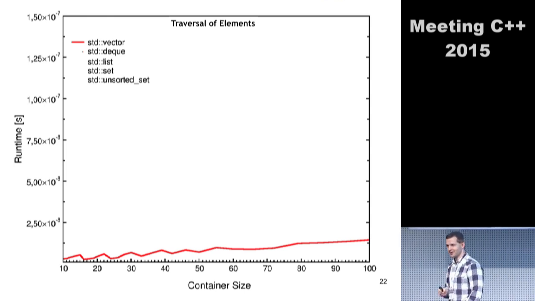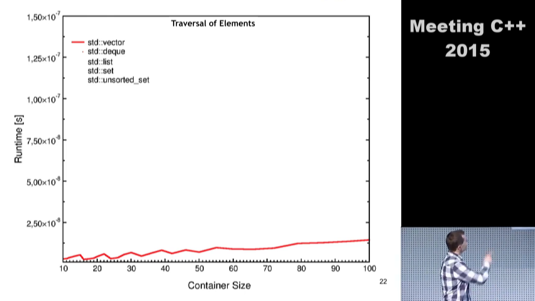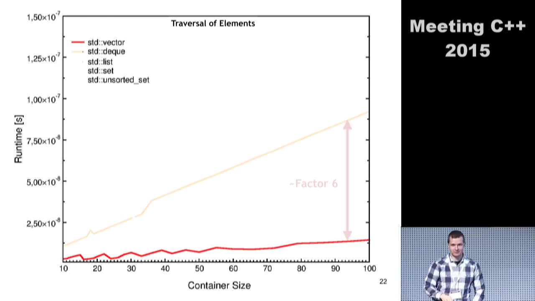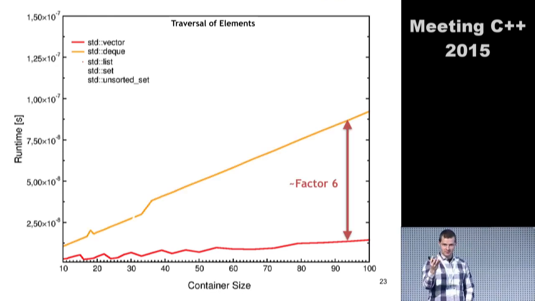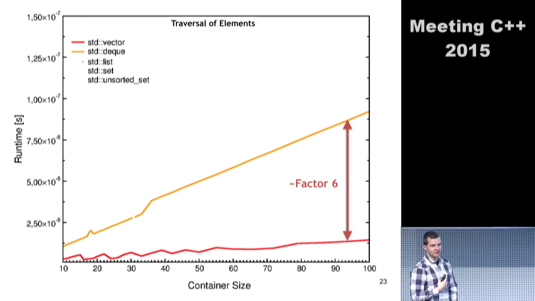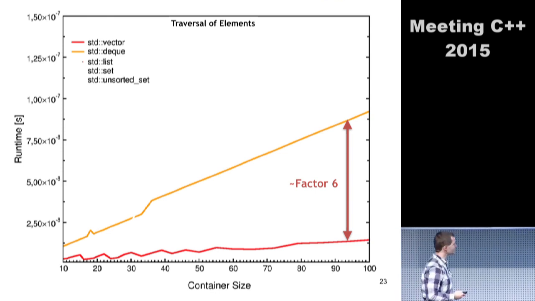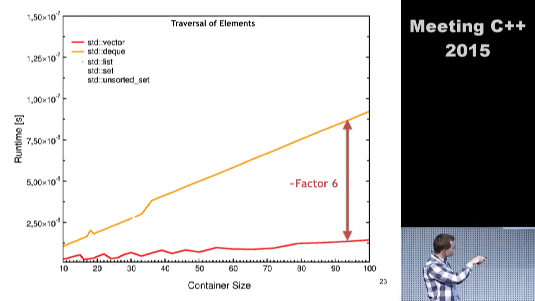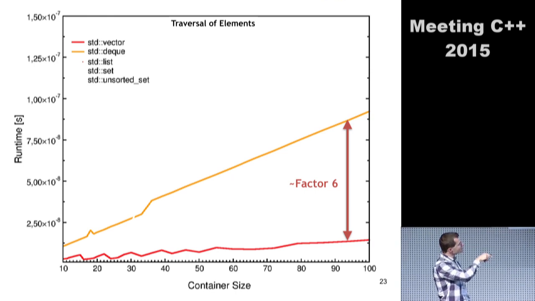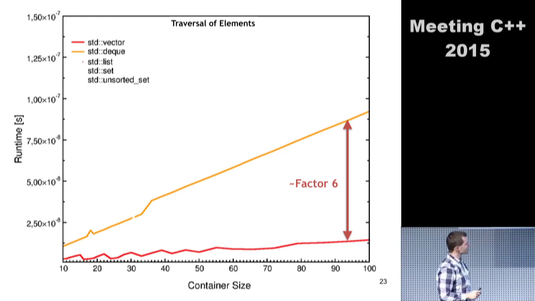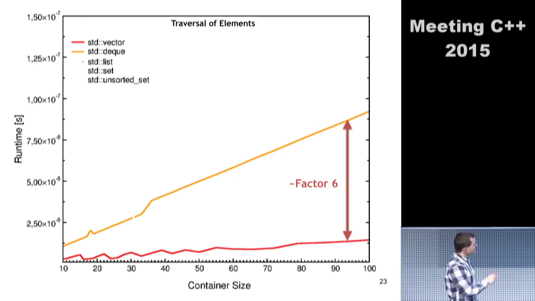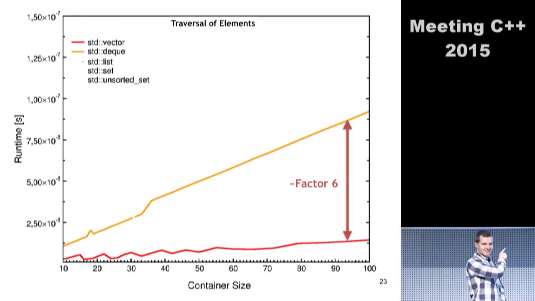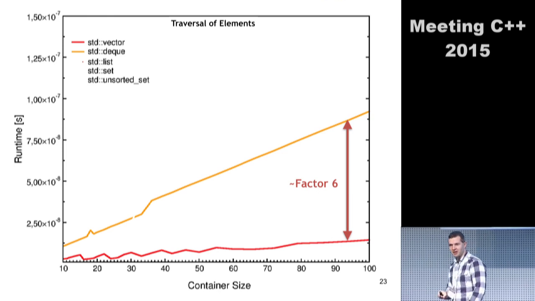Okay, so let's take a look at deque first. The majority says it's very close to vector. This is also the gut feeling I had, and I was unfortunately disappointed. This is the performance of the deque. Unfortunately, I cannot really explain the spike, but it goes on and on in this linear fashion kind of forever. There is a factor of 6 in between. I guess this is something that you did not expect.